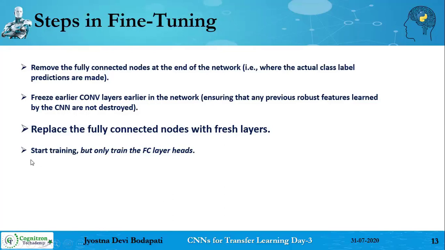So then you can pass your data to the model and your model will start training. Because your convolutional layers are frozen, your fully connected layers alone will be allowed for backpropagation. That means the weights in those layers will be learning, so that is the training, basically. And finally, you will be getting proper outputs after applying the training on your own data set. So this is the strategy we'll be following in the fine tuning case.